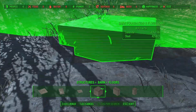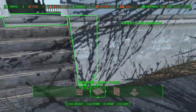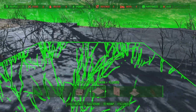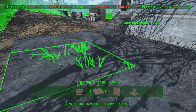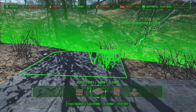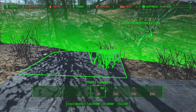And as a matter of fact, I might put... What would 2 look like? Nah, I don't think we need 2. Yeah, I mean, hey, it's looking good. Do we want to cover... Ooh, that's a drop. We want to cover the patio. See, when I think about a patio, I don't think that a patio would have railings or covers or anything like that. So we'll leave that the way it is. And then let's go to stores and...